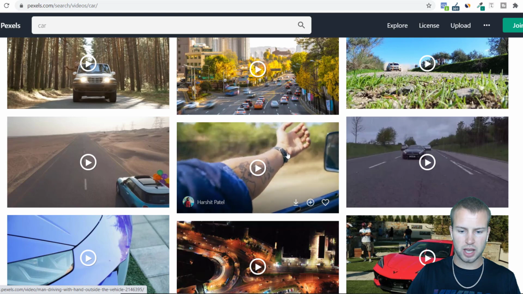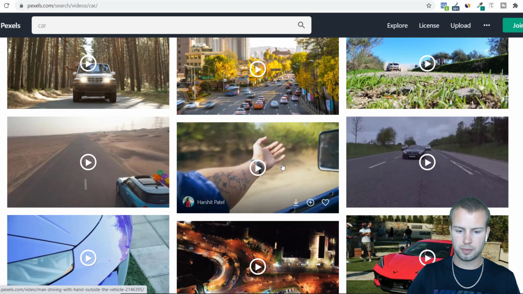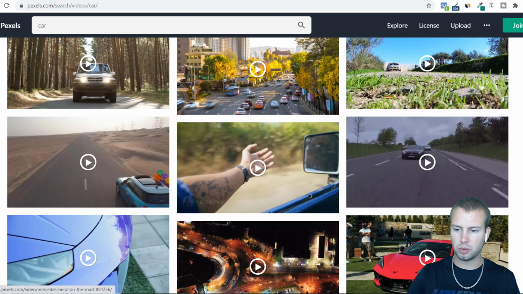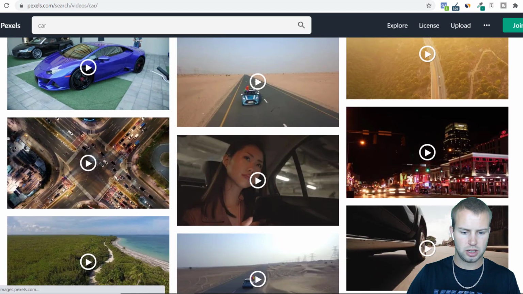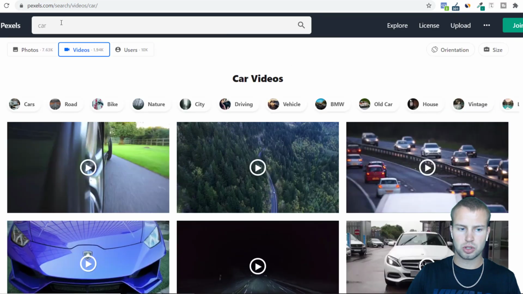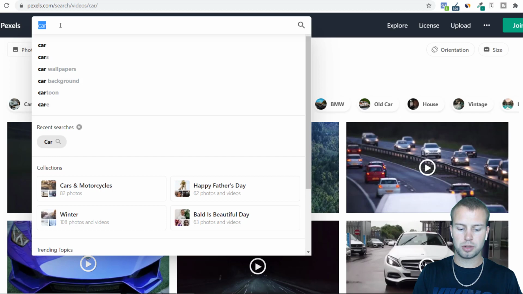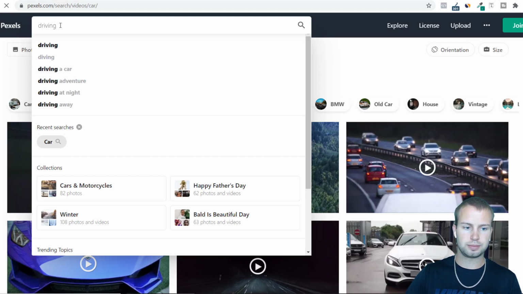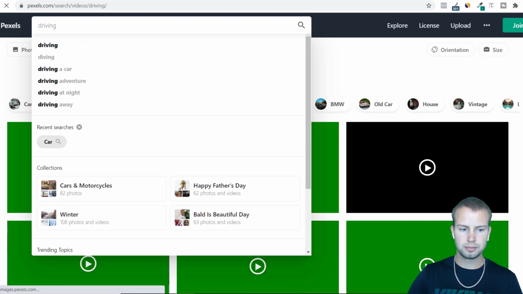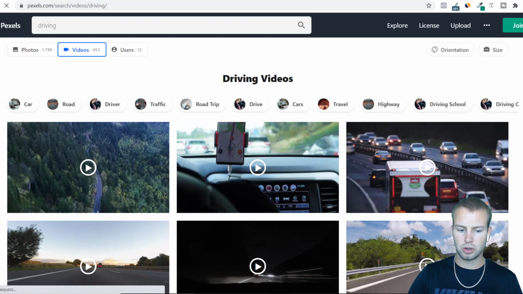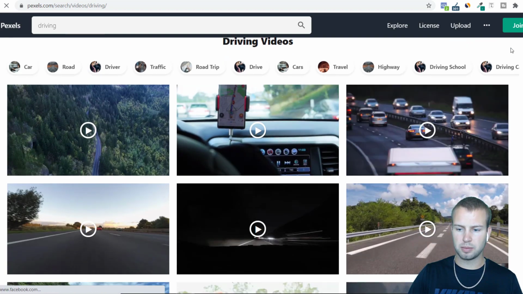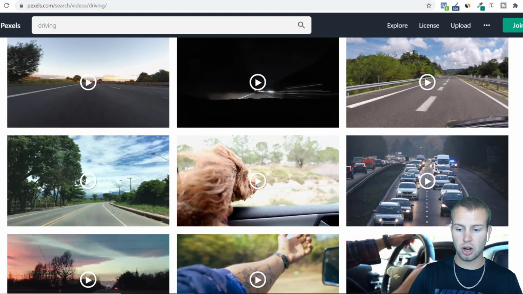Man driving with the hand out the window. That would be really good. I could see that doing well with an auto loan offer. So you get the point. Just go through. I just typed in car, but you could type in driving, and then go through. A lot of these might be the same videos that popped up for the car search,